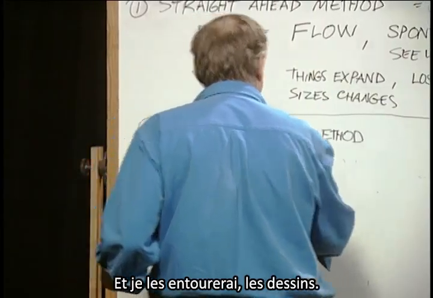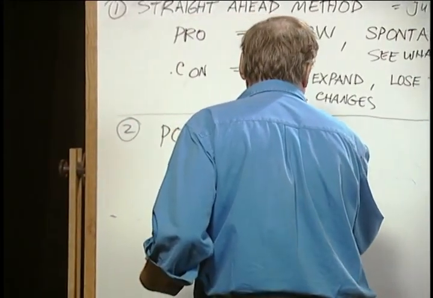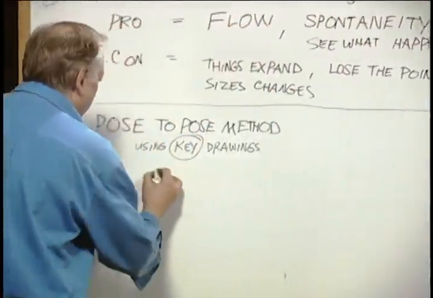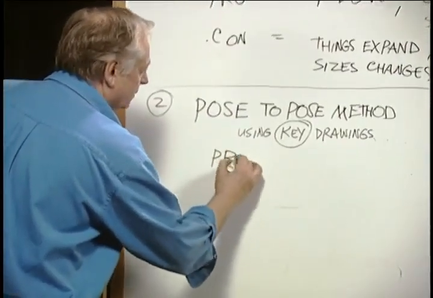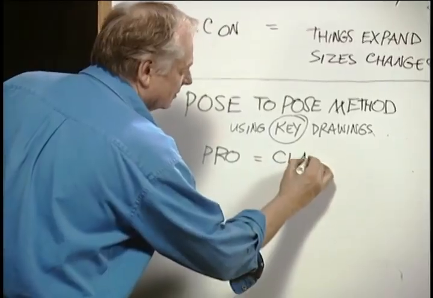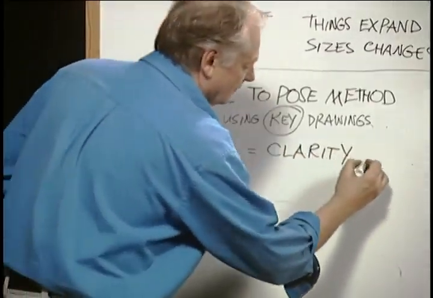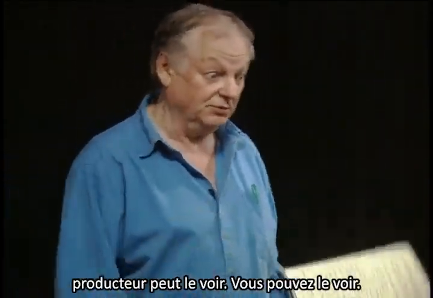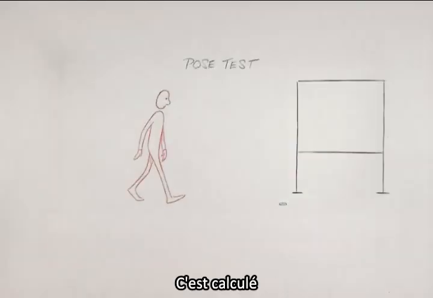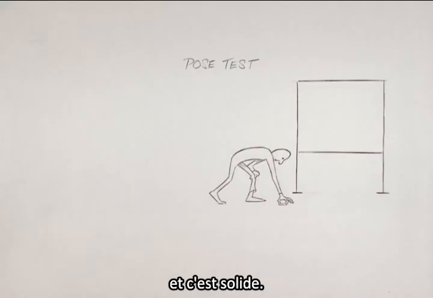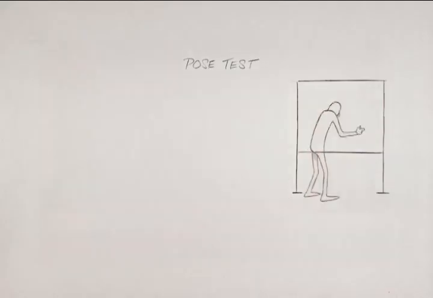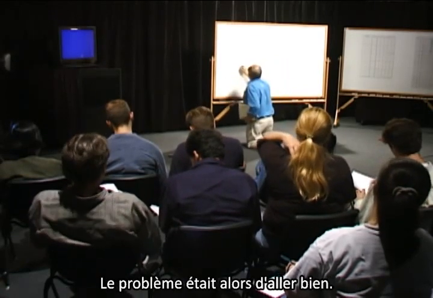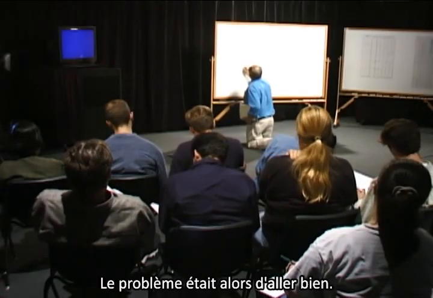And I'll circle them. Drawings. And this gave you the clarity of what's happening. You can test it, the director can see it, the producer can see it, you can see it. It's calculated and it's strong. And what they tried to do with this, which I'll show you methods. The problem was then to go nicely